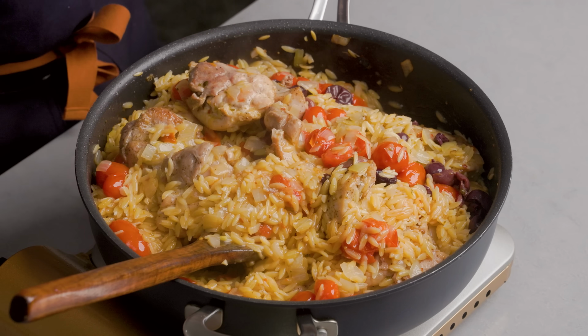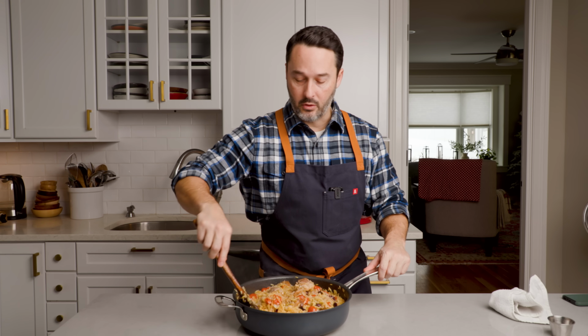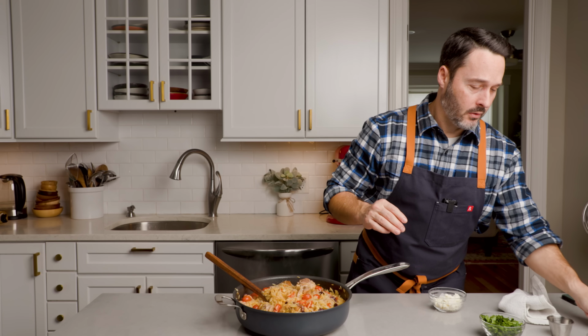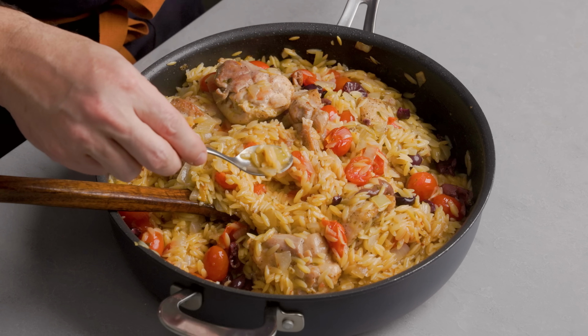Okay, we could pull this off the heat now. If you feel like it's a little dried out, just add a little bit more stock in there. But I find with the tomatoes, the burst of the tomatoes and everything, it's enough. I'm gonna give it a taste here. I'm not gonna need salt because we're putting all that feta in, but